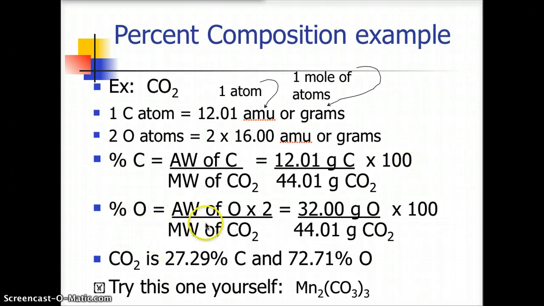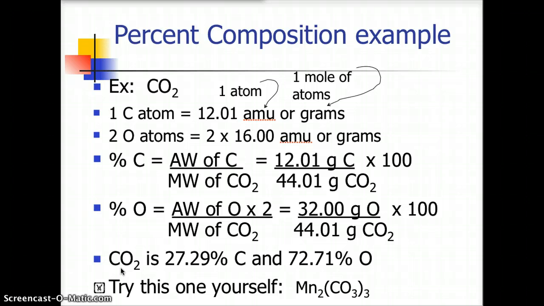We're going to do the same thing with oxygen. Our part is oxygen. So we have 2 oxygens. That's where we get the 32 grams from. And we have, again, the full molar mass of the whole compound is 44.01 grams. Again, multiplied by 100. So now we know that carbon dioxide is